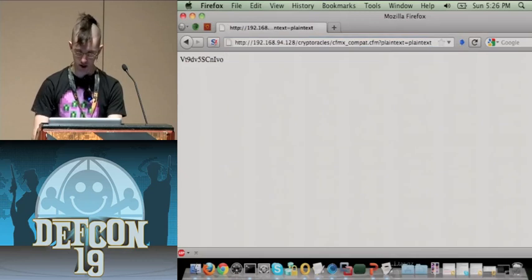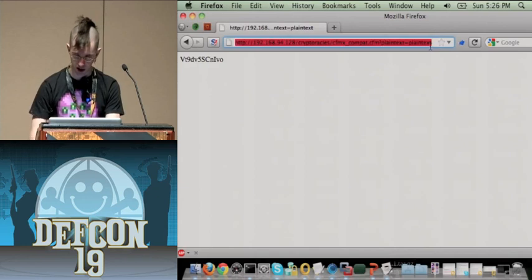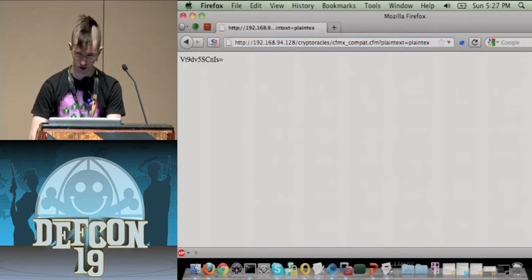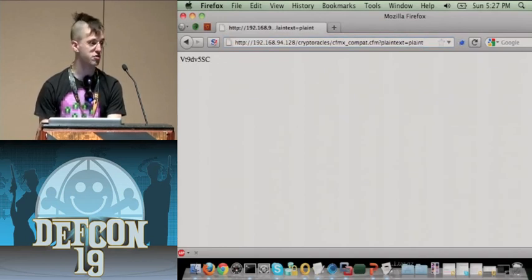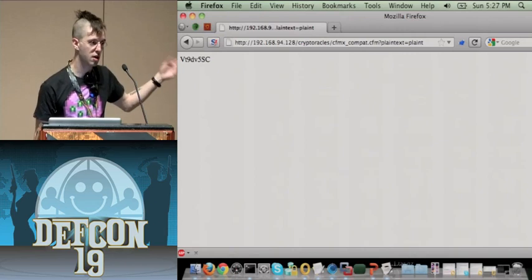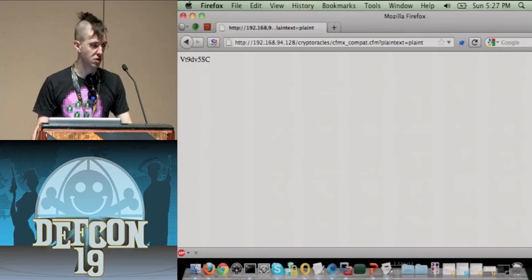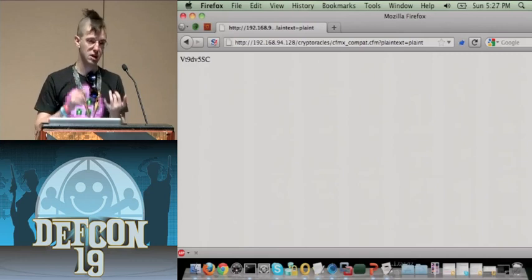So here's something interesting. I've changed the end of this, and we immediately see modification in the ciphertext. And if I continue to delete characters here, you can see that this is chopping off more and more of the ciphertext, which means that this is a stream cipher, and also because we can see this changing, but the prefix remains the same, that this is also using the same key, same IV,